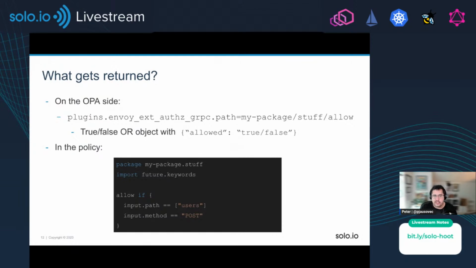In our case, it is going to be true or false. So allow if something is true, and don't allow if it's not true, deny it. Or you can also return an object, so you can make more complex decisions, if you wish. So you can return a full object,